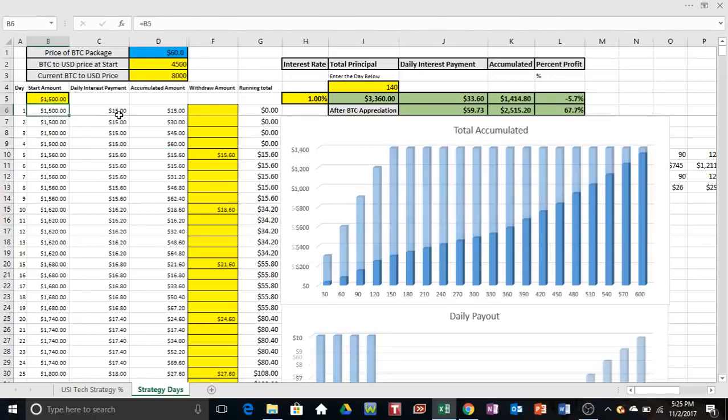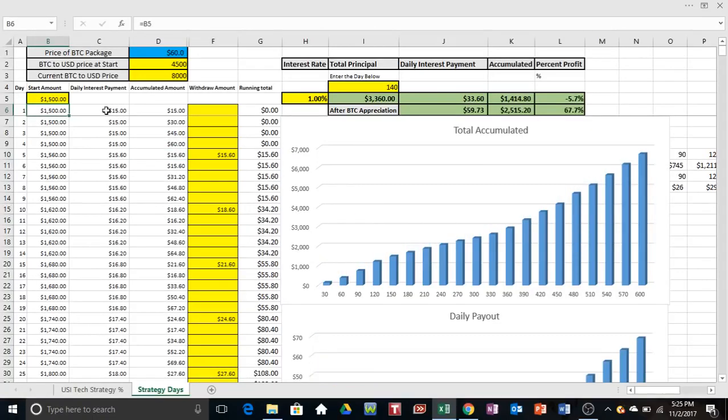So let's try up to $1,500. Okay, so by investing an additional $500, you see here that now I got up to $60 in the accumulated amount, and that's enough to rebuy a package. So I rebuy a package,